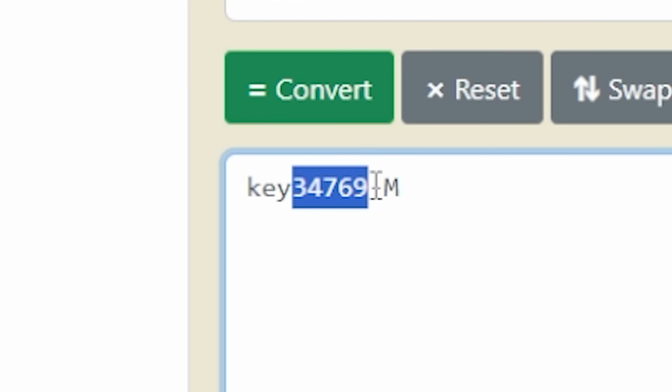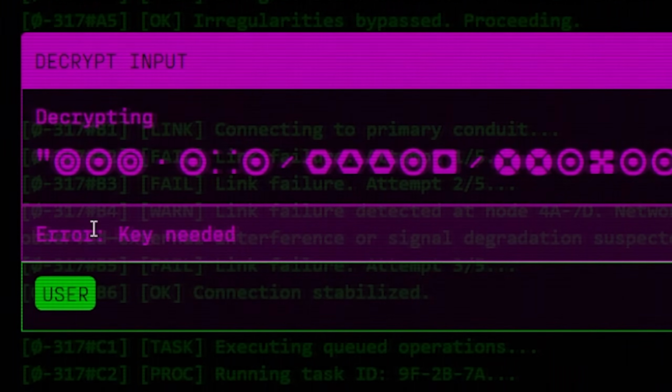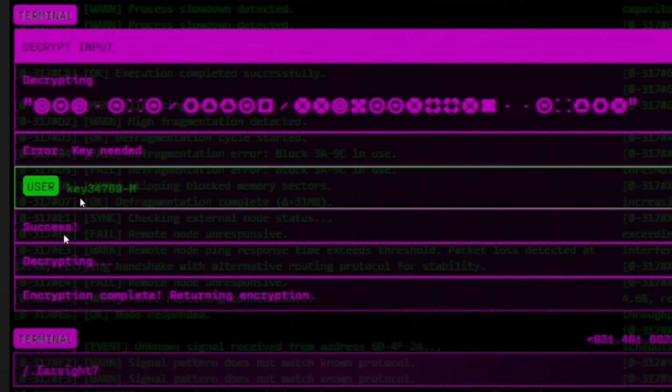Key 34769-M. And this is great news because we're looking for a key, which is right here. So if we enter our key 34769-M and then it says success, decrypting, encryption complete, and it spits this out at you,